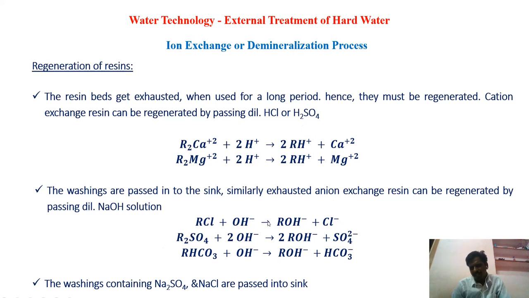Similarly, the anionic exchange resin also becomes saturated with chlorides, sulfates and bicarbonates. So we wash it with sodium hydroxide or potassium hydroxide, so that the anions are replaced with OH minus, and we get ROH again. Now this anionic exchange resin is also ready to use. The removed sodium chloride or sodium sulfate, calcium 2+ or magnesium 2+ is removed through the outlet.